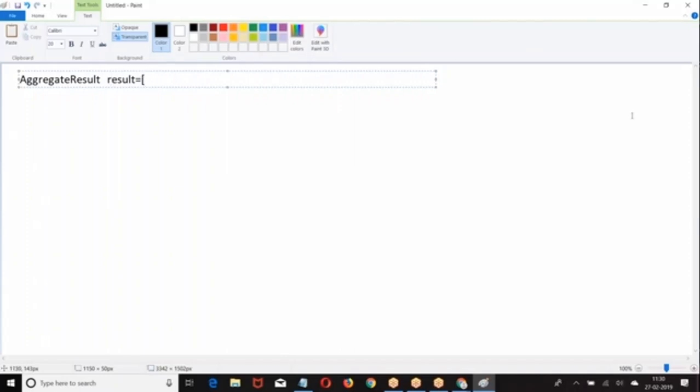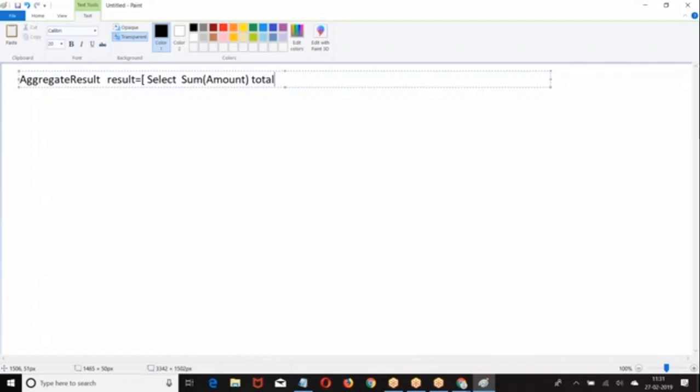Listen to the point. Select sum of amount. I have to give an alias name because there is a value. How will you refer to that value? Sum of amount will give a value. It's not a field. It is a value. How will you refer to that value? I have given an alias name.